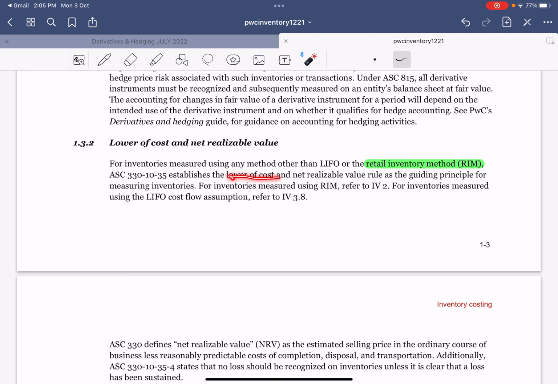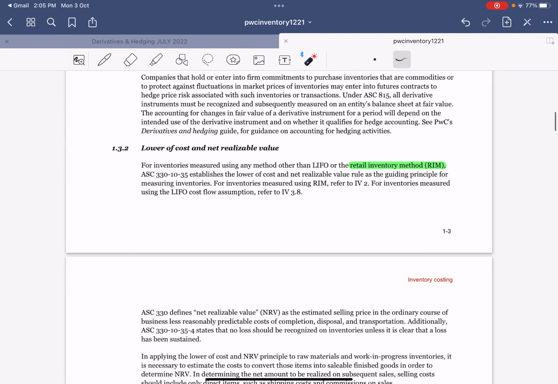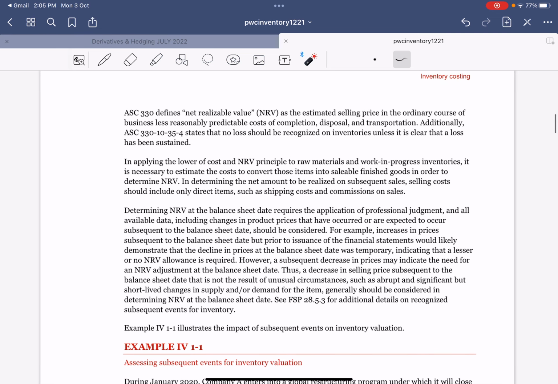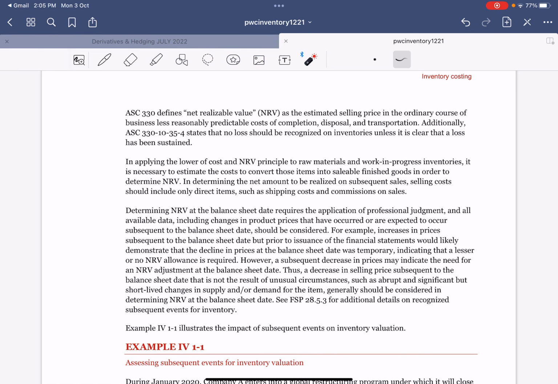The lower of cost or net realizable value rule is the guiding principle for measuring inventories. For inventory measured using RIM, refer to this. For measured loss, refer to 3.8. Okay, we will cover it in different topics. So what is net realizable value? ASC 330 defines net realizable value as estimated